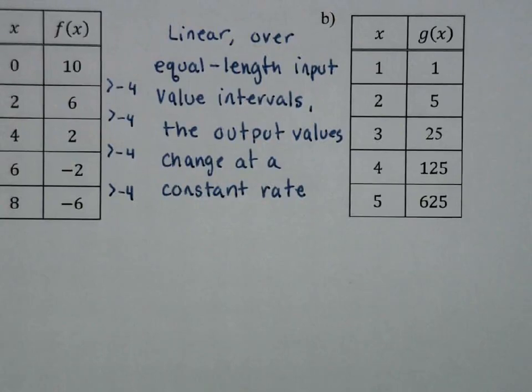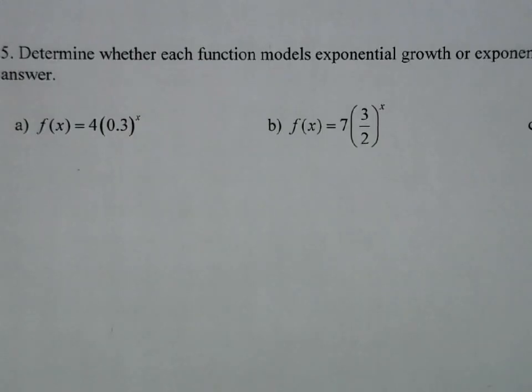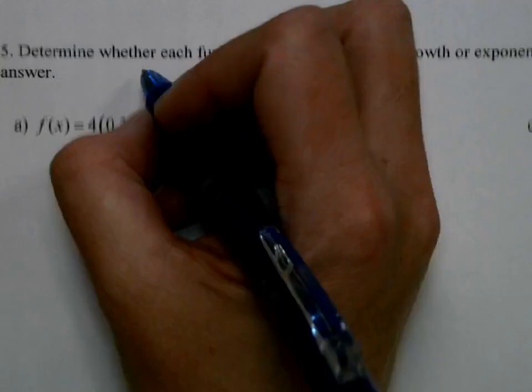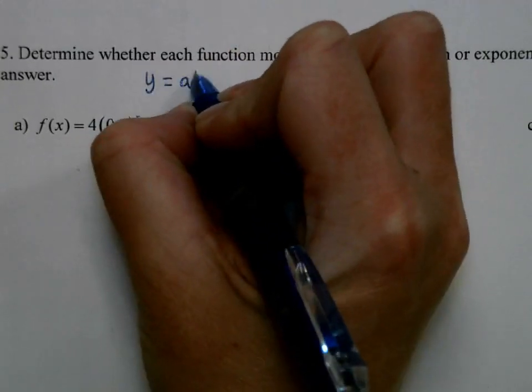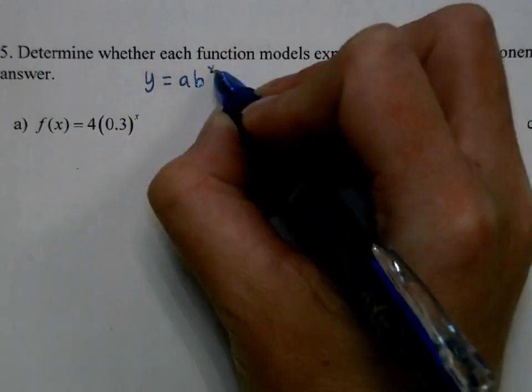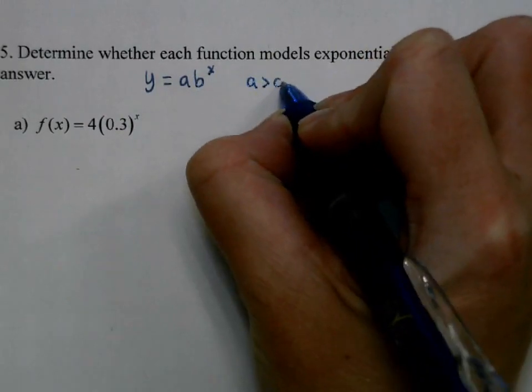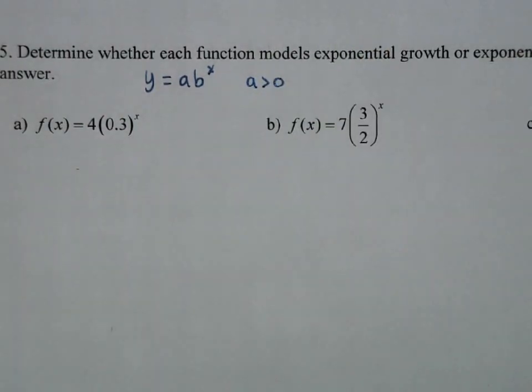Okay, for exponential growth and decay, we're looking at the general equation ab to the x, where a is greater than 0. If the b value is between 0 and 1, then we have exponential decay. If the b value is greater than 1, then we have exponential growth. So this first one is decay,